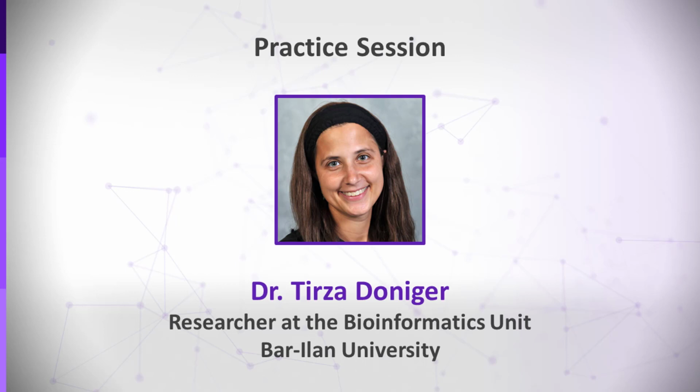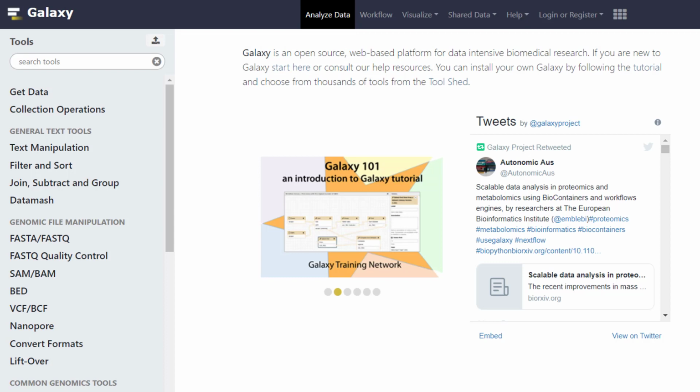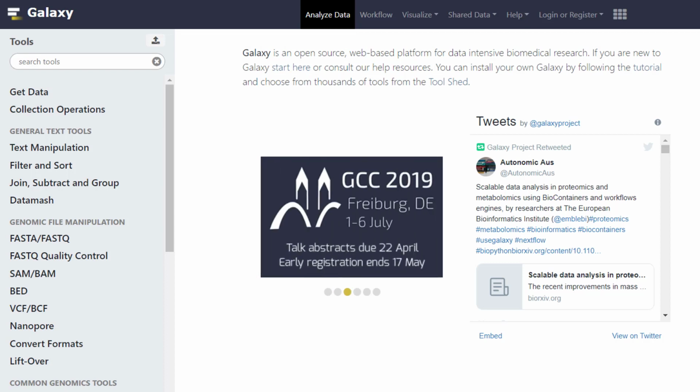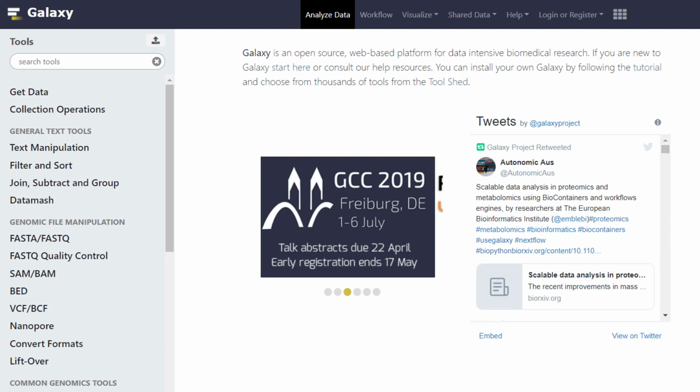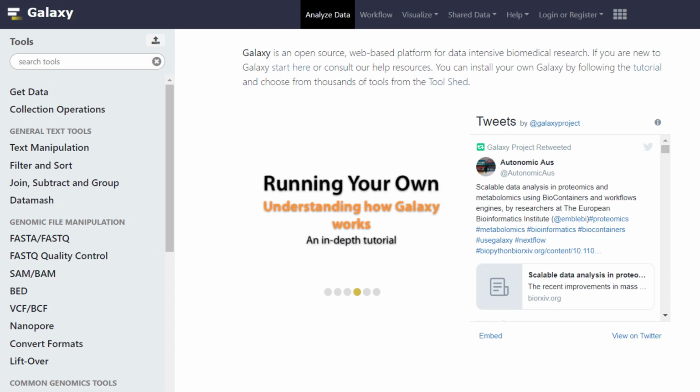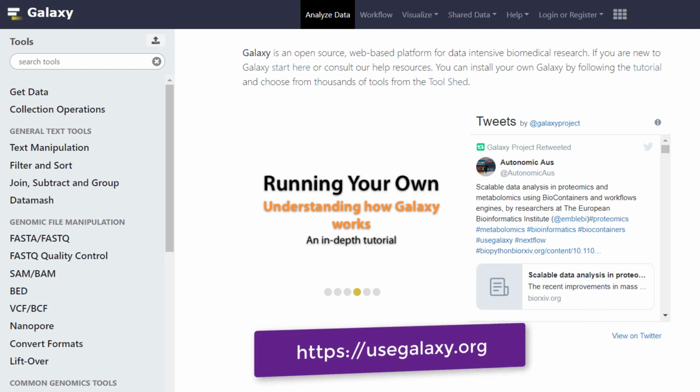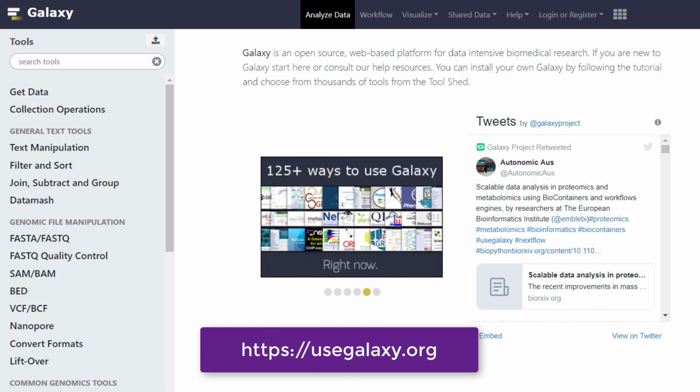In this hands-on demonstration, we will be using Galaxy to illustrate the analysis of DNA sequencing data. Galaxy is a free, web-based platform for data-intensive biomedical research. Its goal is to develop and maintain a system that enables researchers with little or no informatics expertise to perform difficult computational analyses. Galaxy is freely available for use at the link provided below.